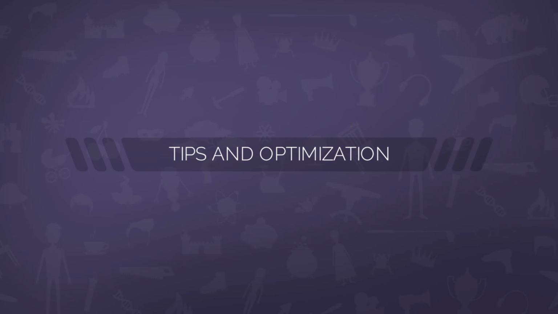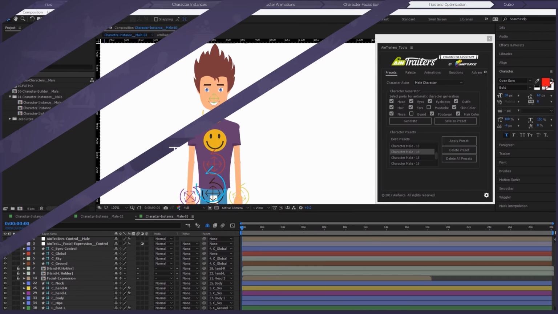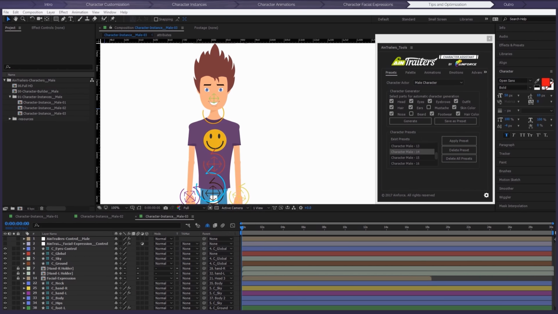The last thing we'll talk about is the tips for better use of the toolkit. So this will allow you to maximize the use of the toolkit and avoid any performance problems. So the first tip is we recommend you first prepare the project with a character and only then import it